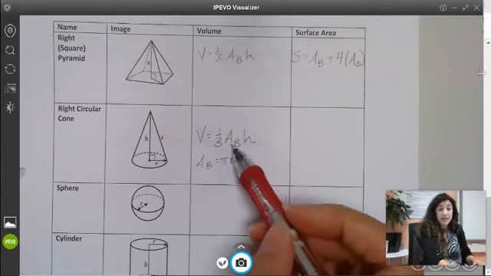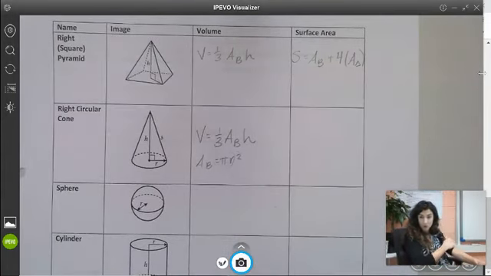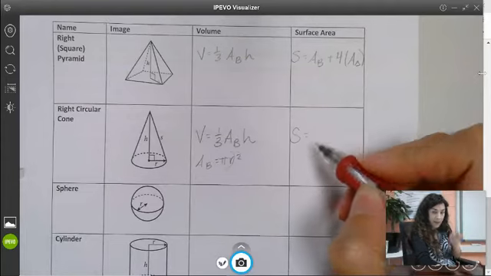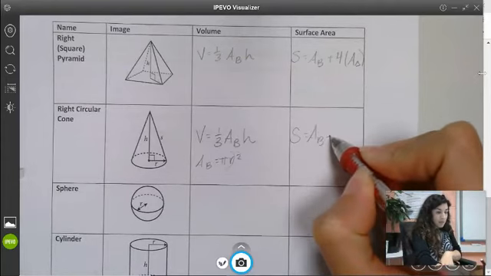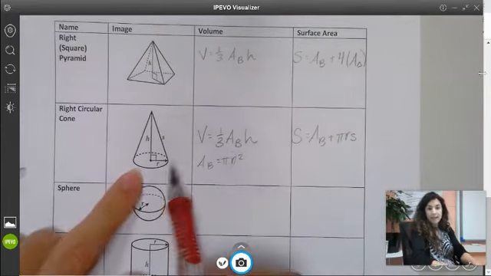Again, this is in your formula book. I think they even put pi r squared into AB. So it's, I think, 1/3 pi r squared h. So yeah. The surface area, again, is that base, so area of the base, plus, and then pi r s